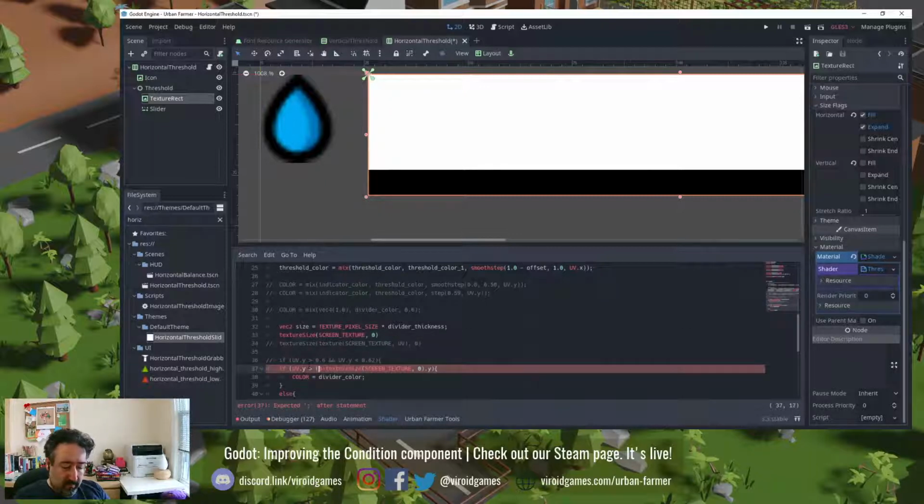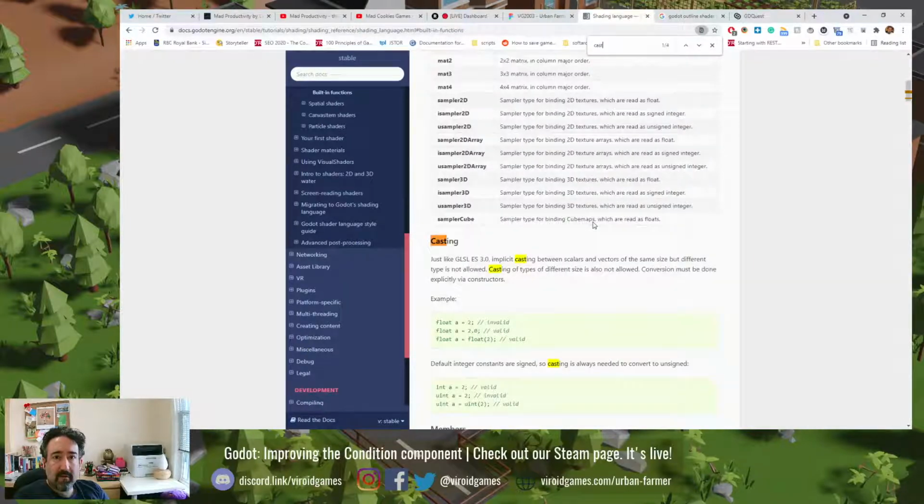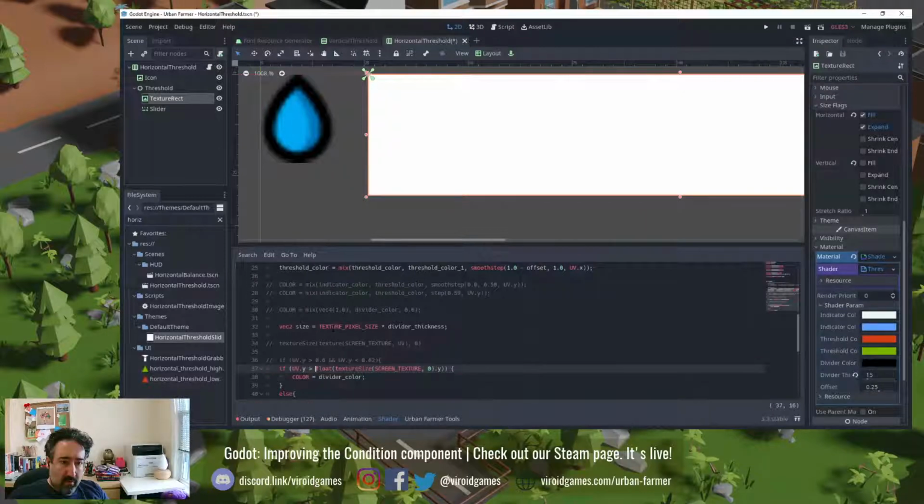Just convert this to float. How do we do convert? Float, I see, I wrote it the C# way. It happened, but